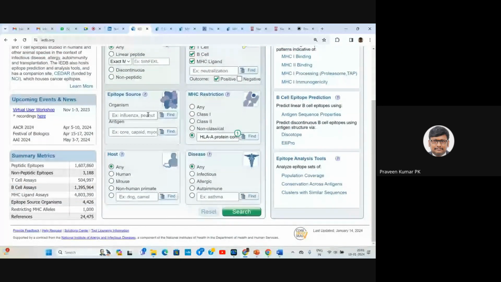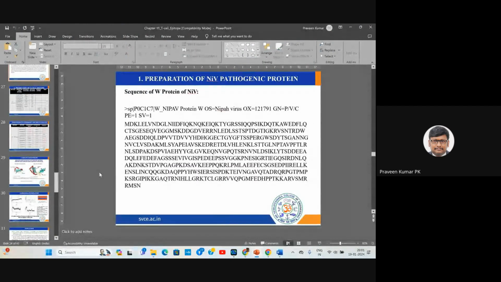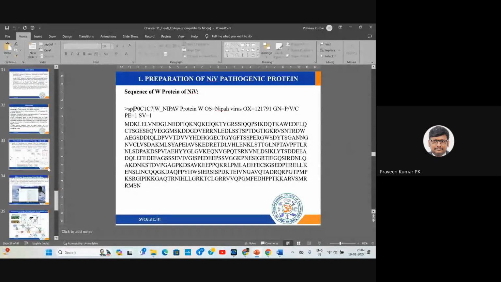Okay. So the next session we'll be discussing how to predict the B cell epitopes, and we also discuss how to go for it. I can also show an example of how to predict the immunogenicity. And then what are the other parameters to be taken care of for epitopic prediction and vaccine adjuvant preparation, how to prepare the vaccine adjuvants. So, okay, all these things, the adjuvant design, etc., will be seen in the next session